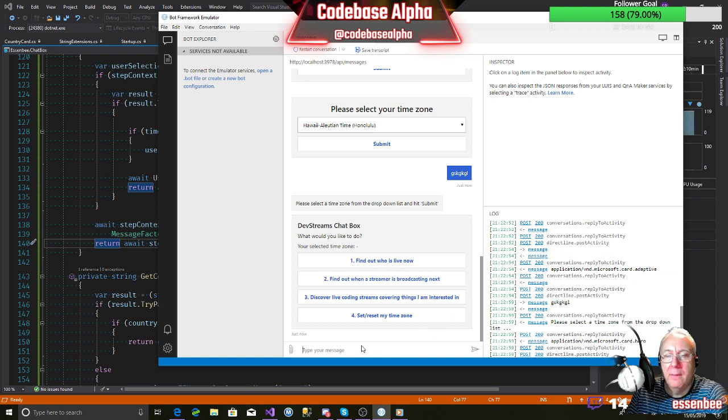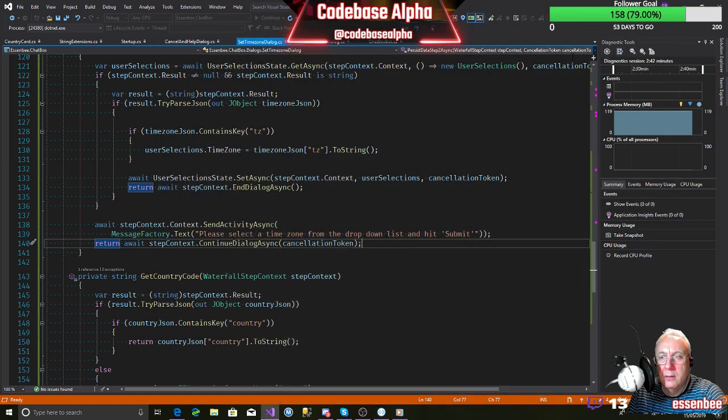I'm not overly happy, but at least it doesn't fall over. So we've kind of mended the sad path. It's now not falling over. It's bringing us back to a good state. It's given a message which doesn't really make a lot of sense, because the next thing they see is the full menu again. But we could change the message, and in the meantime I can try and find a way, because continued dialogue here isn't really continued, it's actually ending the dialogue, because we've reached the end. This is the last step, so it automatically ends the dialogue.